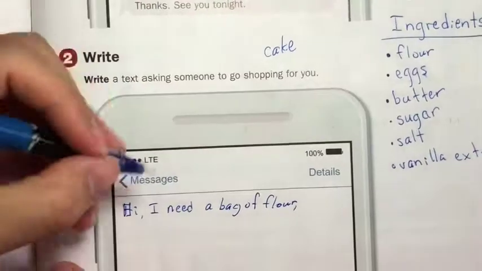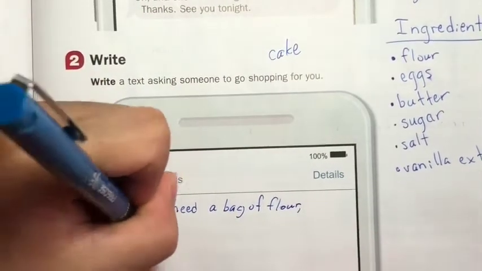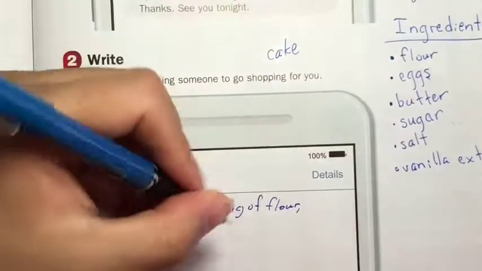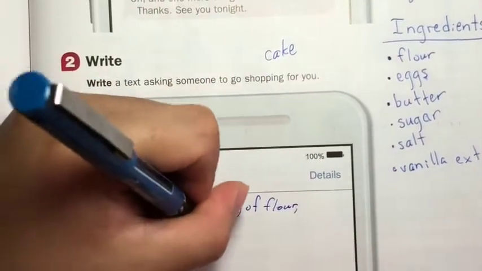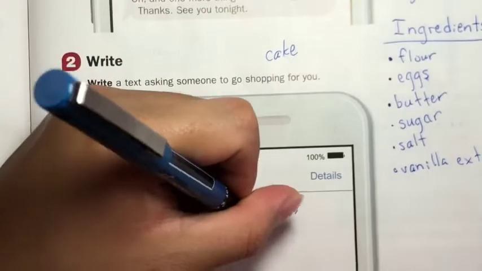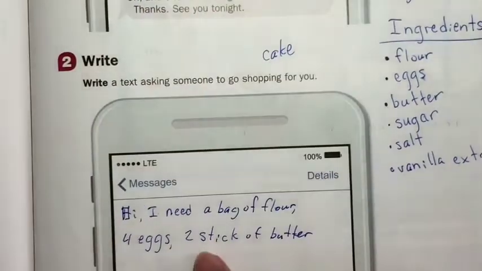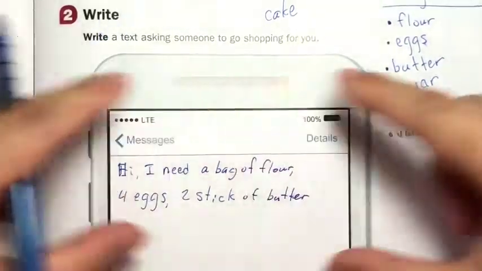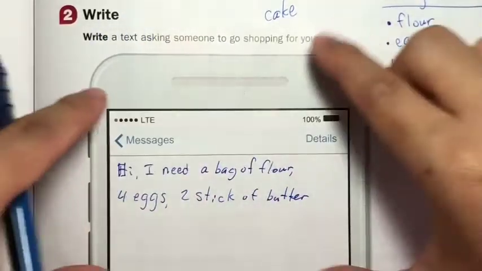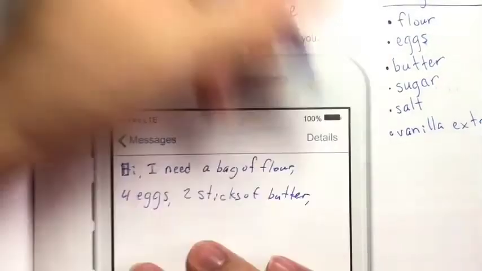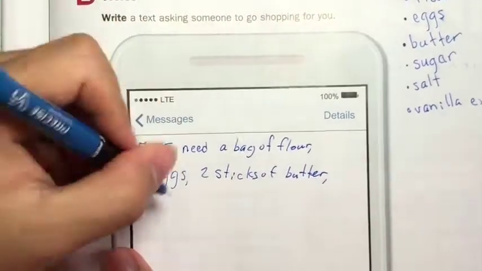How many eggs? Maybe 4 eggs. Butter. 2 sticks of butter. Butter comes in sticks. They're long blocks of butter. We call them sticks. 2 sticks of butter, a bag of sugar,